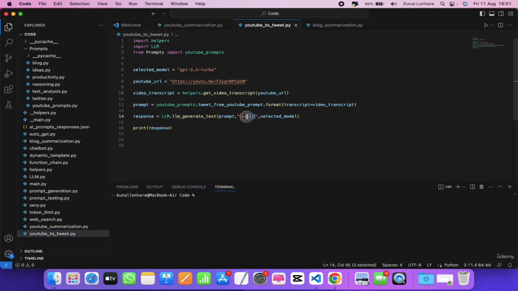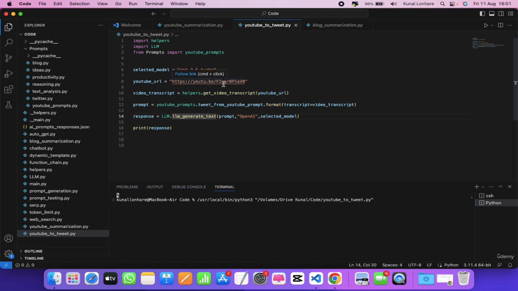So here you can see we are using OpenAI's ChatGPT, and for example, this script will convert this YouTube video. You just have to paste the URL of the YouTube video, and when you click on the play button, it will convert this YouTube video to Twitter. Okay, but if you use this same function in ChatGPT, it will not be able to give you the proper response, right?